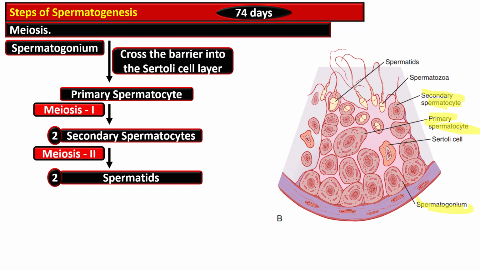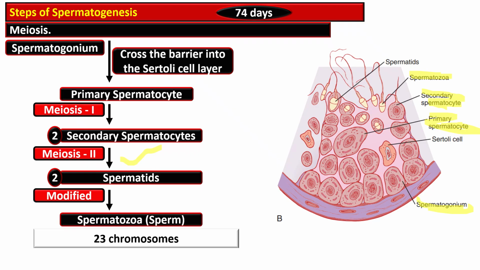Then there is a second meiotic division where each secondary spermatocyte is quickly divided again to form two spermatids, totaling four spermatids from one primary spermatocyte. So spermatids undergo morphological changes, not division, to become spermatozoa or sperm, a process called